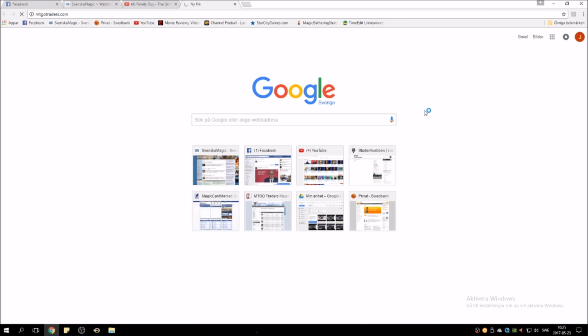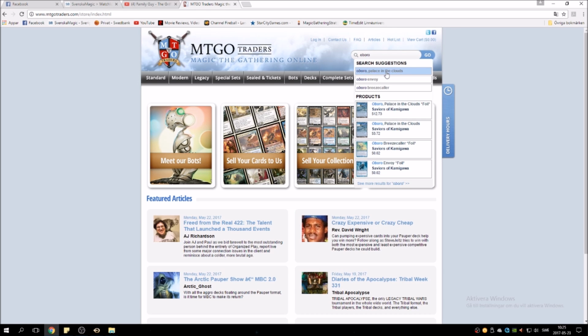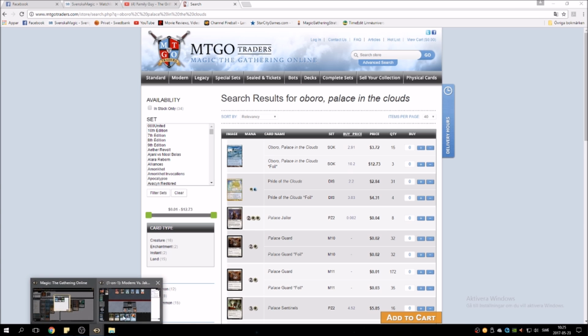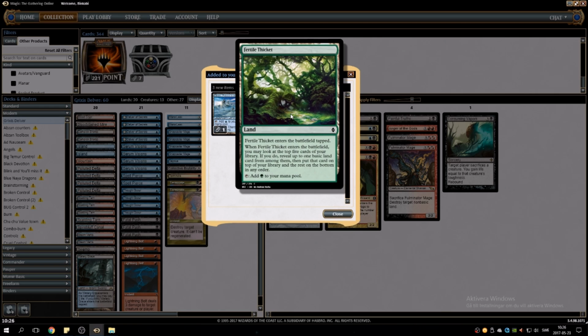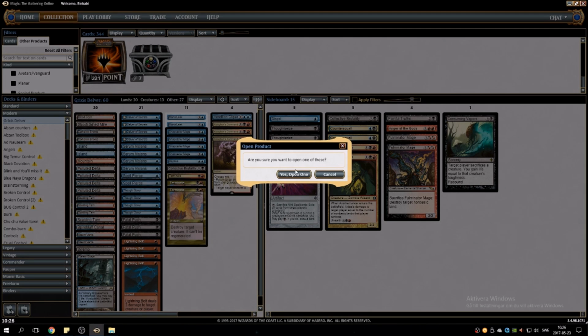Oh, I'm just looking at stuff. Oboro. Yeah, a few tickets. 3 tickets. Oh, not that one. Liliana's Elite, not very good. I mean, no, it's okay, but... And stupid ticket. And then we get...